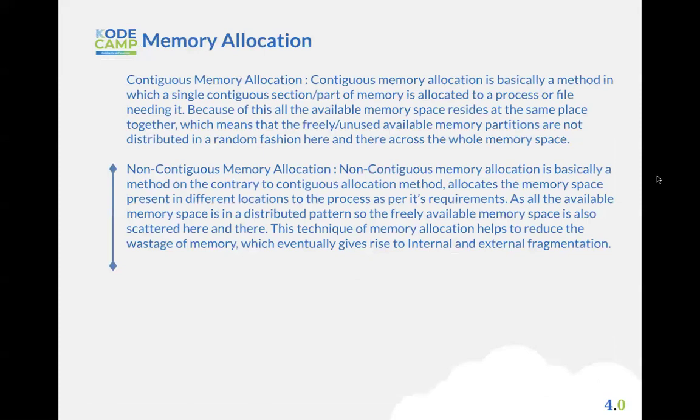So memory allocation. Let's try and bring all this together now. How is a process given memory space for its execution on the memory? There are two different ways that a process can be allocated memory in your primary memory. The first is the contiguous memory allocation, and then the non-contiguous memory allocation. In the contiguous memory allocation, you have, okay,